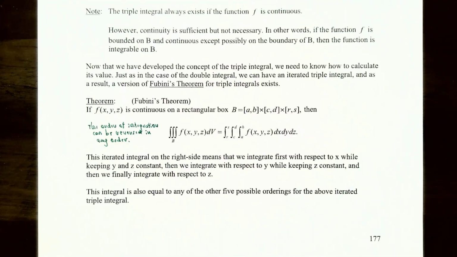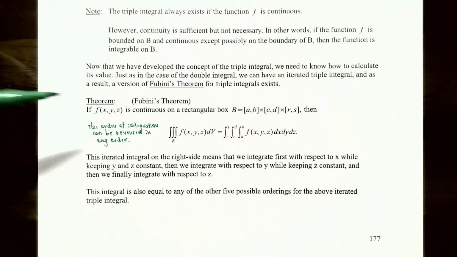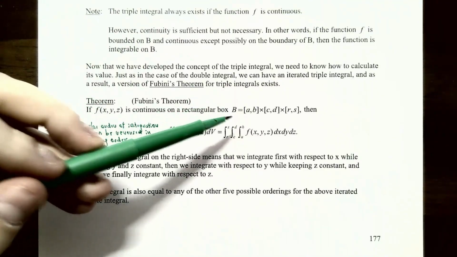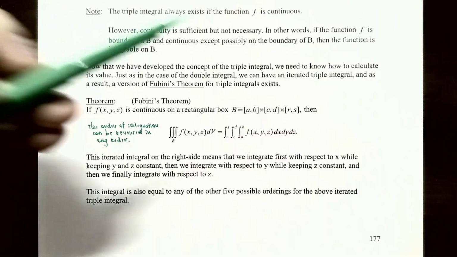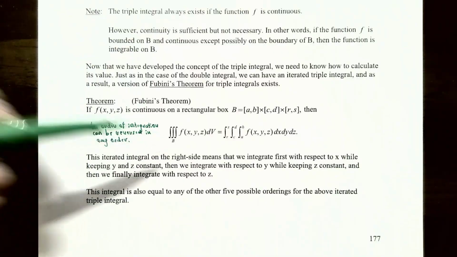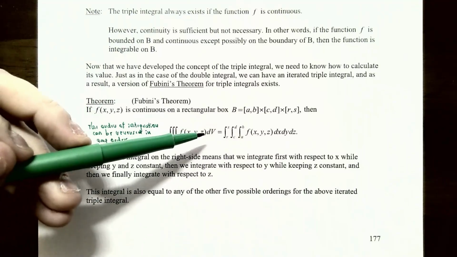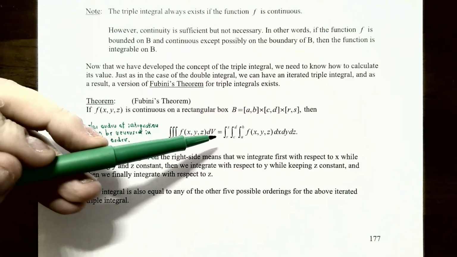Now that we know the definition of a triple integral and when it exists, we can actually calculate its value. Just as in the case of a double integral for a function f over a rectangular region, now we can have an iterated triple integral over a rectangular box. So Fubini's theorem: if f of x, y, z is continuous on a rectangular box B, which is of the form closed interval a to b for your x values, cross closed interval c to d for your y values, cross closed interval r to s for your z values, then the triple integral over the rectangular box B of the integrand f of x, y, z with respect to V is equal to a triple iterated integral,